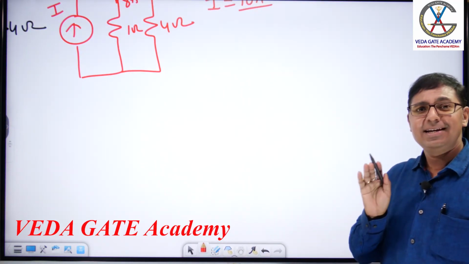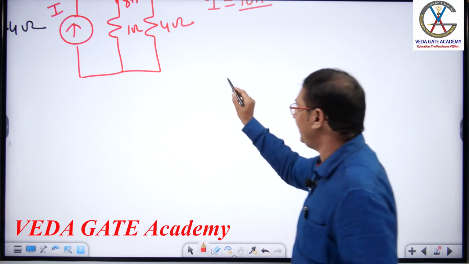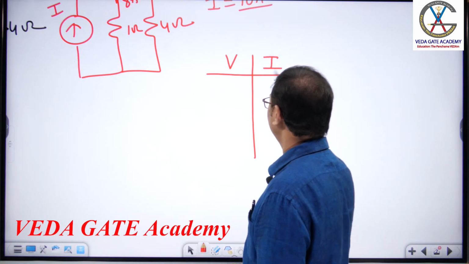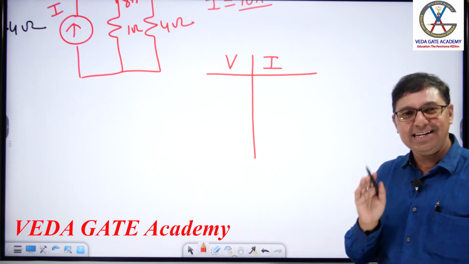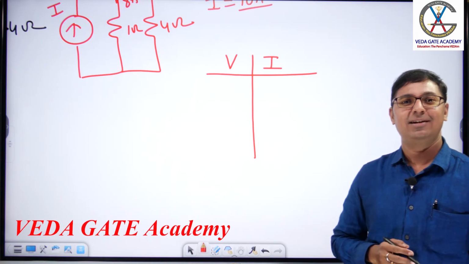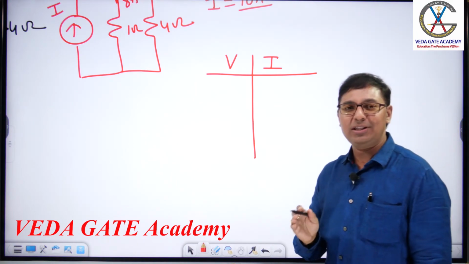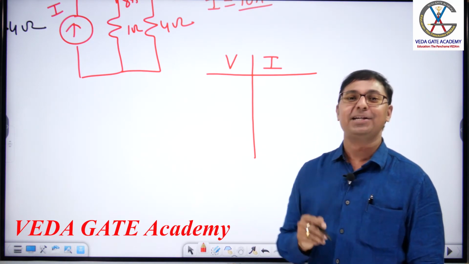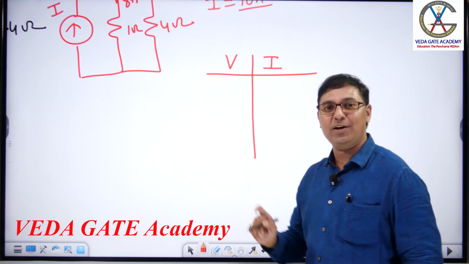First class I have discussed. In the entire network subject, what do we calculate? We calculate only voltage and current. Tell me, how many techniques do we have for calculating voltage and current? Please don't think that we have many techniques. No, sir. We have only 3 techniques for calculating voltage and only 3 techniques for calculating current.